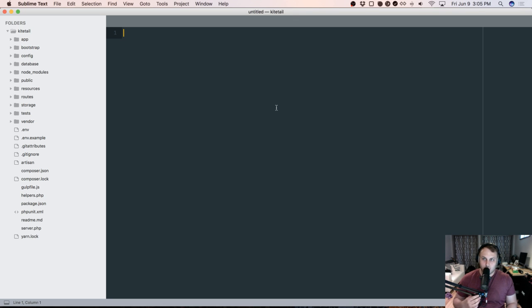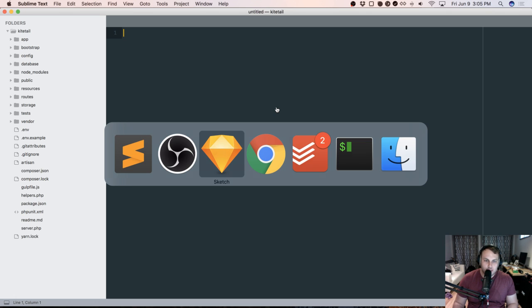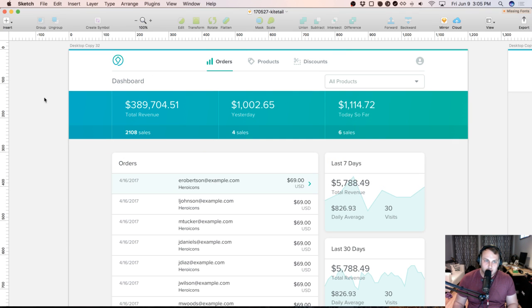But anyways, what I want to do is work on the interface for being able to actually go in and diagnose some of these problems. The way that's going to generally work is through this dashboard orders page that Steve, my design co-founder, has been putting together for me. You're going to be able to come in here and see a list of the purchases that happened, and anything that didn't go according to plan will probably have some sort of indicator showing that,